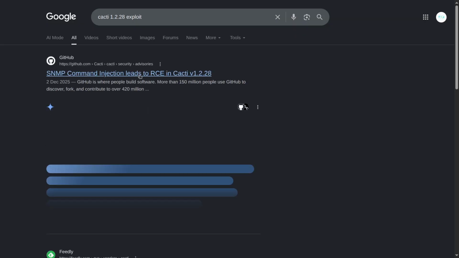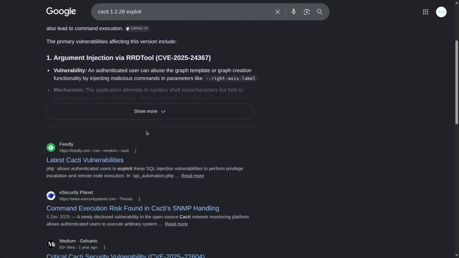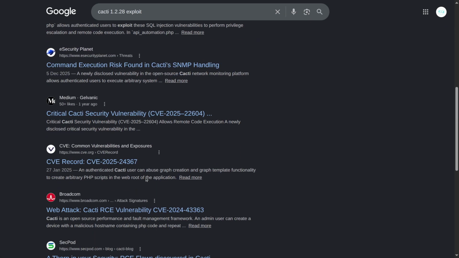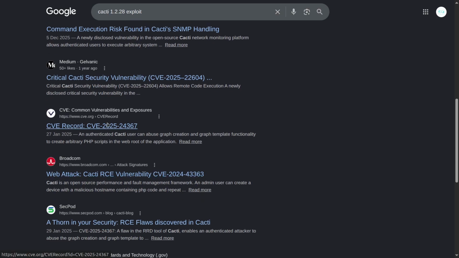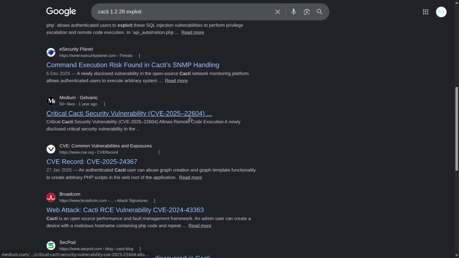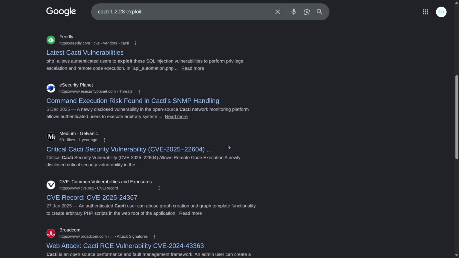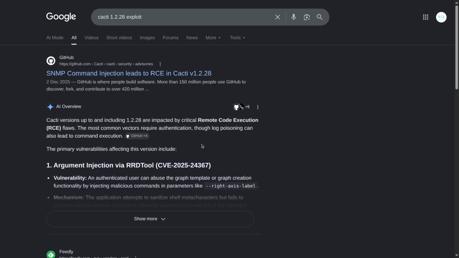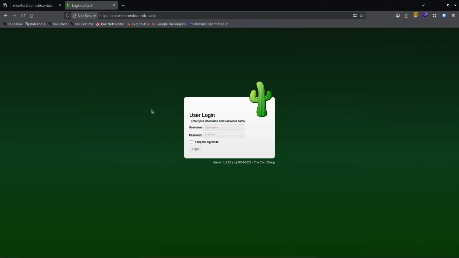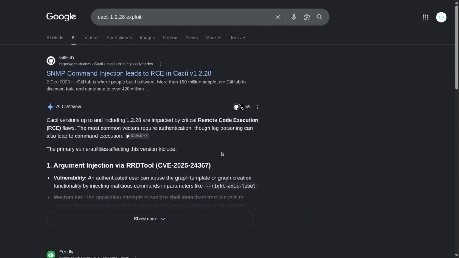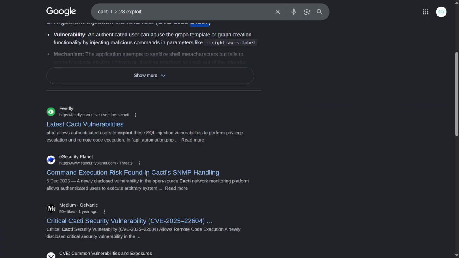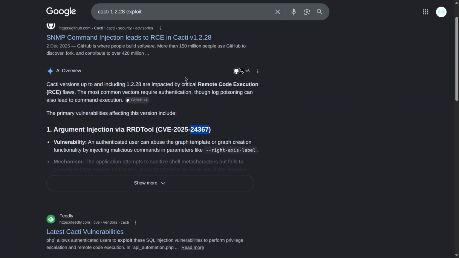Exploit. So we see an SQL injection. We see CVE 2025, 2024, 2025 again with 22604. So I tried a couple of CVEs, and the most recent when I was doing the machine, and the one that worked with me was 24367, the one that AI Overview recommends. So I'm going to take this